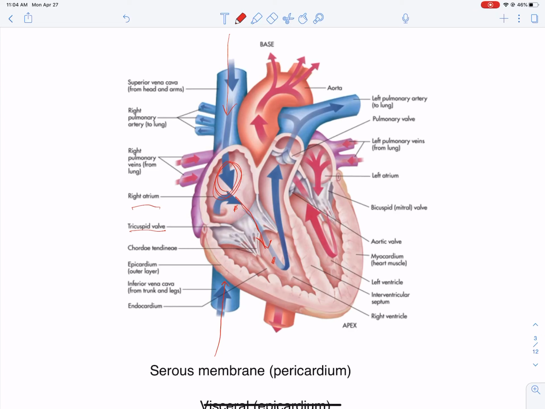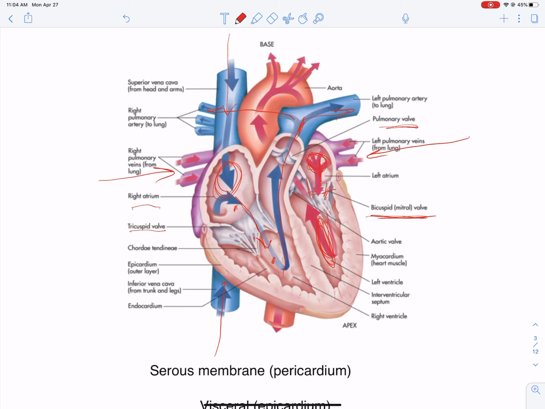And then when the ventricle contracts, it will slam these valves shut. And then it'll force the blood up and out through the pulmonary valve and through the pulmonary arteries. And those are going to go to the lungs, the left and right lung. Then it becomes oxygenated, comes back in from the left and right lungs, and it's going to dump into the left atrium. There it goes by the bicuspid valve, and same thing, as the pressure increases, it's going to open these valves up, and then when the blood's in here and the